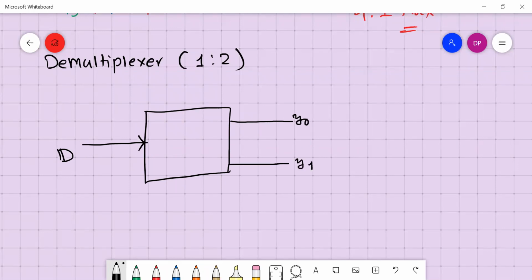I would like to give it to two different outputs, Y0 and Y1. And as usual, for 1:2 or 2:1, I require one select line only.